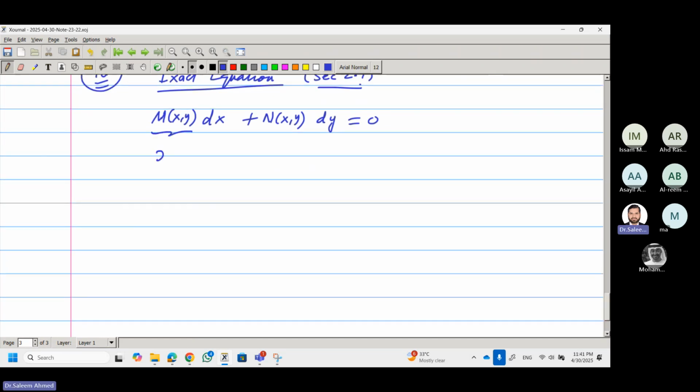So we take the derivative of m with respect to y. You see, m is with x, but we take the derivative of m with respect to y, and derivative of n with respect to x. And if they are equal, then the given equation is exact equation. Okay, so this is the first thing you have to do. First, find the derivative. If it is exact,